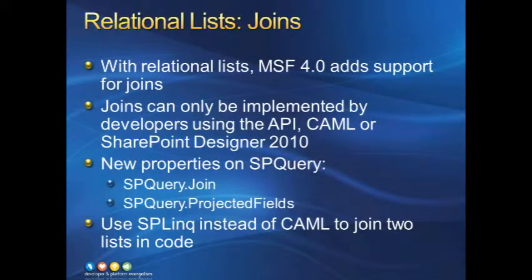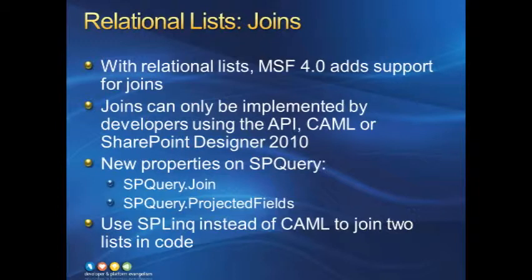Now let's talk a little bit about joins. Very much like how SharePoint has added the capability to have two lists have a relationship together, I can also do joins. I can do these joins using the API, I can use CAML, or I can use LINQ. Now the syntax, the CAML support that was added was primarily added to support LINQ queries, because as we'll see in the LINQ stuff, the LINQ to